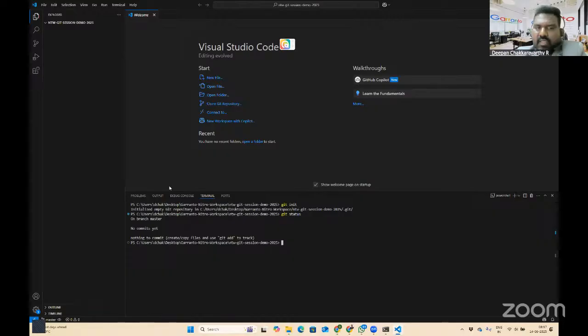By default, it creates a branch called master. Like I mentioned, master or main is the primary branch that will be created, and that is considered to be the stable branch. And it says no commits yet. There are no previous commits, and there are no changes for me to commit. So this is a freshly new project and a new repository.